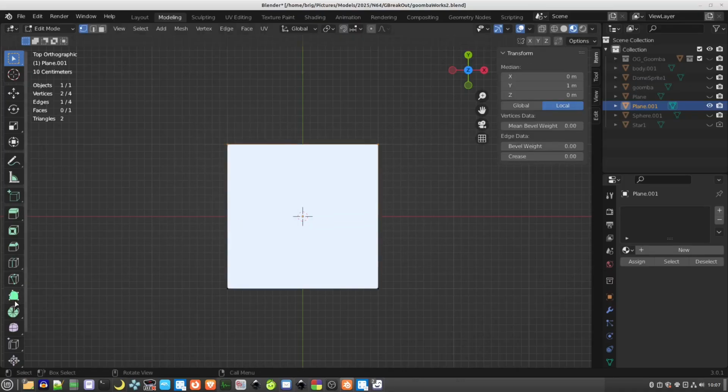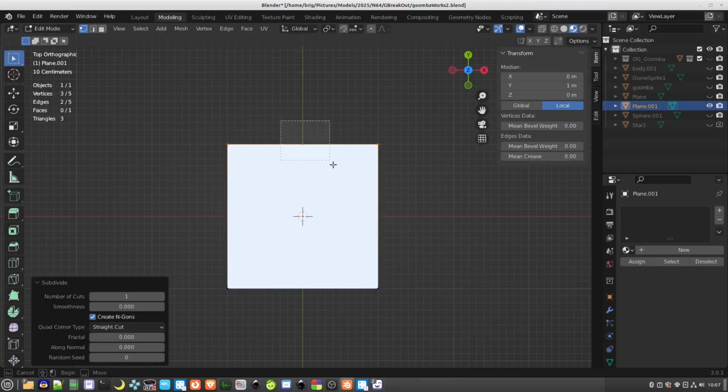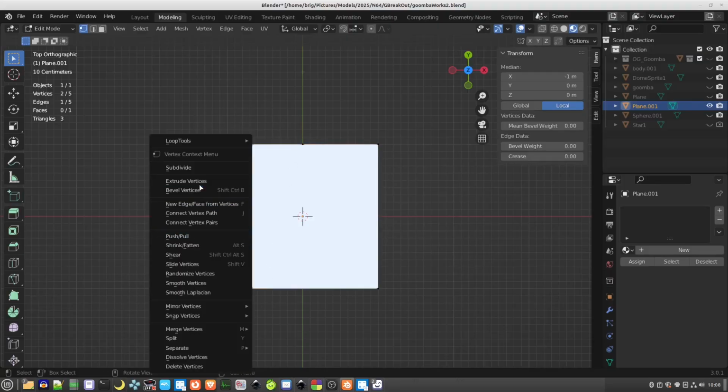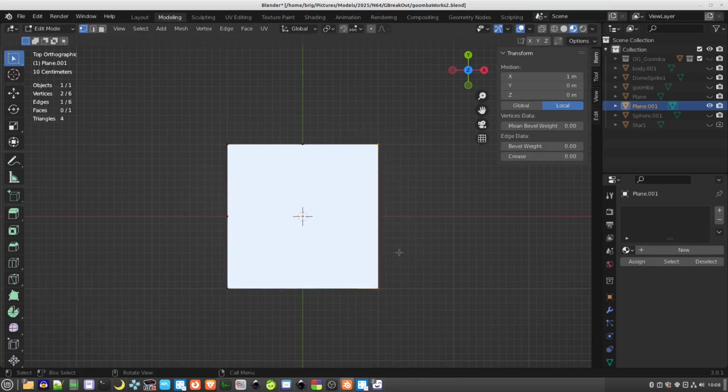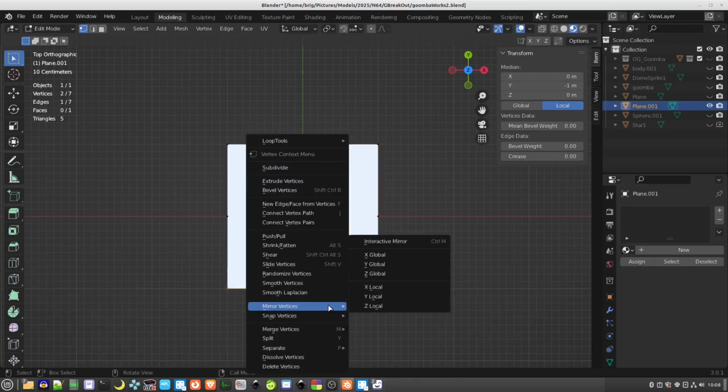So you would then subdivide that, and you see there's another point that's just been added in the center there, and then we'll subdivide that, same again the other side. So what that's actually doing is adding an extra vertex in,